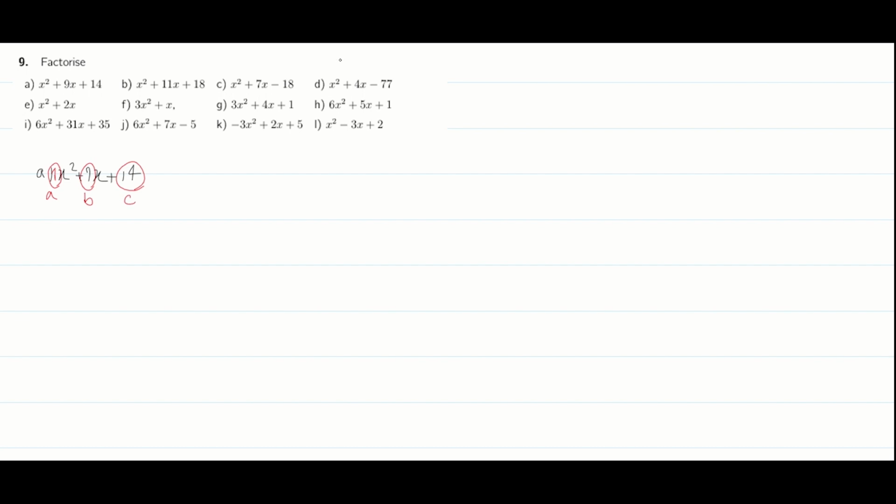Now we have to find two numbers that their multiplication would be equal to a times c, which is 1 times 14, which should be equal to 14. And their summation should be equal to the b value, which is 9 in here. And those two numbers would be 7 and 2. After finding those two numbers, we can split the middle term of the quadratic expression into two terms using those two numbers. So we can rewrite the expression as x squared. Now instead of 9x, we're going to write it as 7x plus 2x,